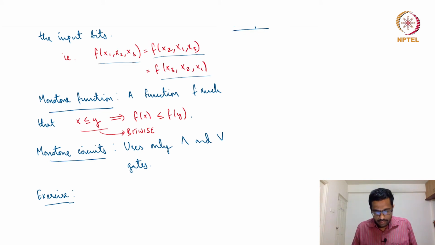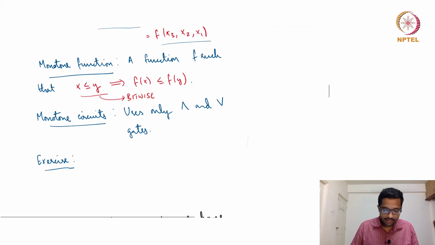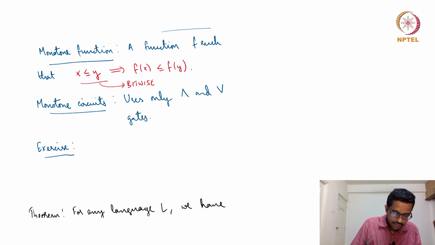Right. And another definition is of monotone circuits. Monotone circuits are those circuits that use only AND and OR gates. So you can only have two types of gates, AND or OR. And one thing that is extremely interesting is that it's not a coincidence that monotone functions and monotone circuits have the same name. This is because